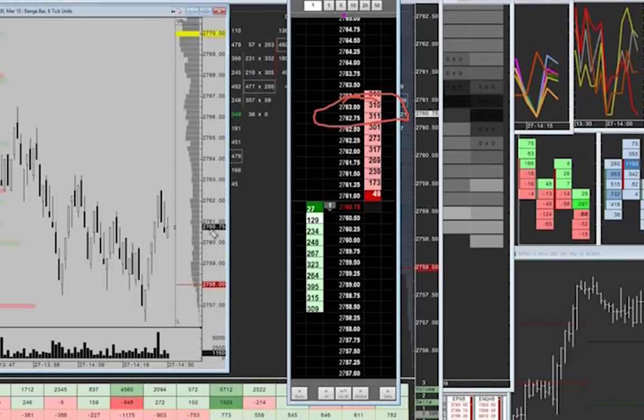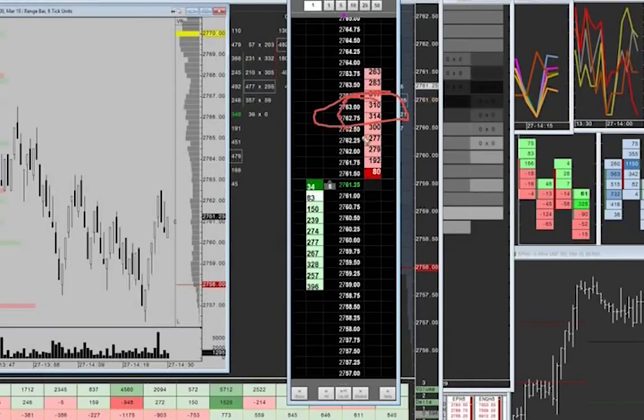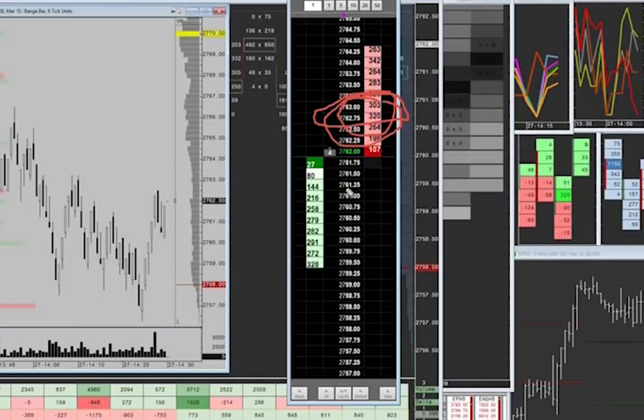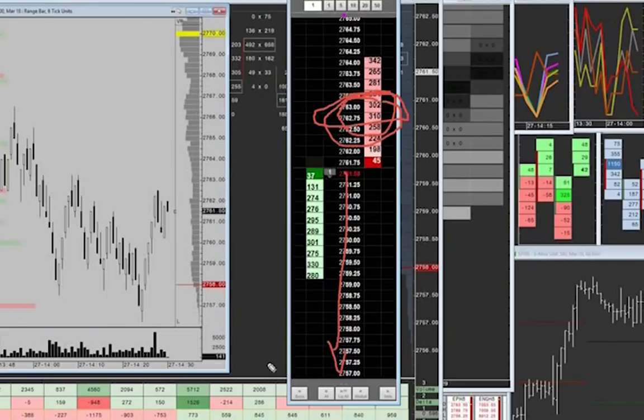Typically, the retail trader mindset says there's more selling to the upside, right? Watch that level as it trades. There's more selling up here. There's more liquidity. So that should push the prices lower, right? If there's more sellers. Well, that's actually wrong. That's the exact opposite way to look at trading.